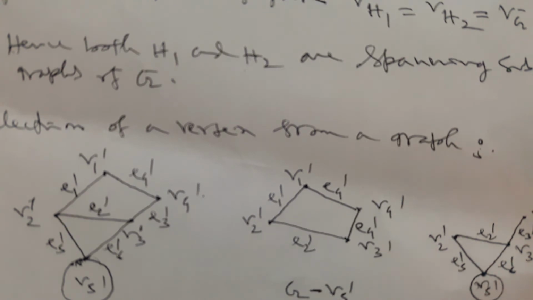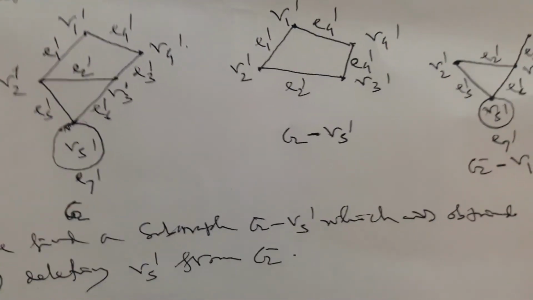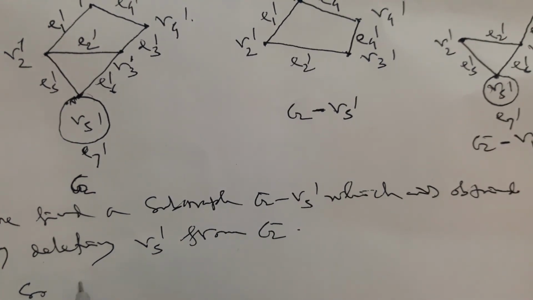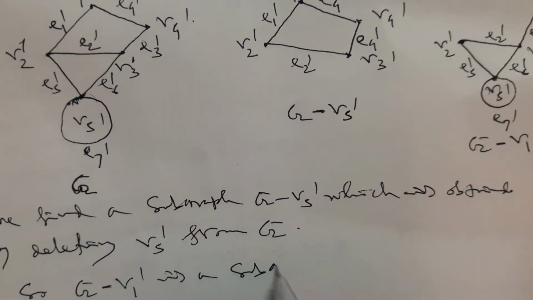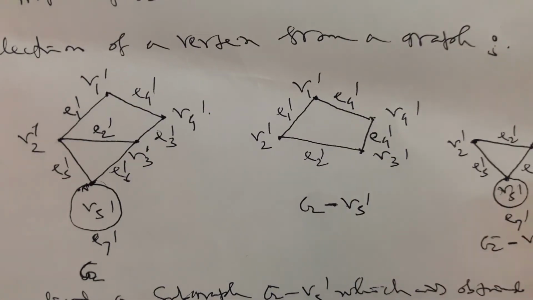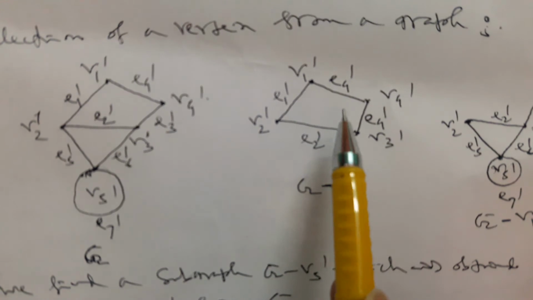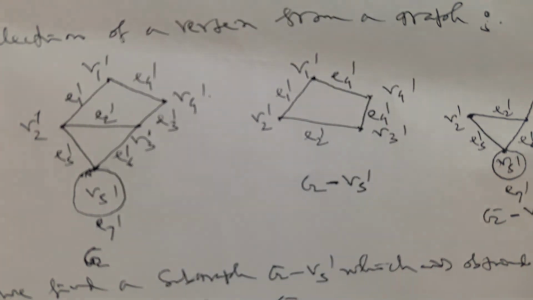Here is the graph G minus v1 dash. It is also a subgraph. This is subtraction: v1 dash is subtracted, so all others remain the same. So we can also say G minus v1 dash is a subgraph of G. So here we also find the idea of how to delete a vertex, and there are also possibilities